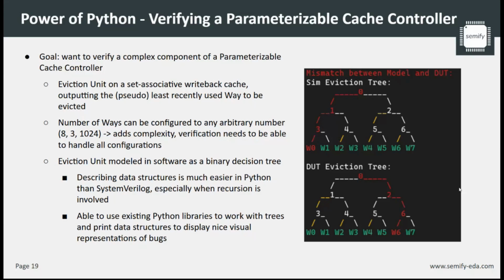And this adds complexity, right? Because our verification needs to be able to handle this in some sort of dynamic way, ideally, right? You don't want to write these specific models differently for every single configuration. This would be kind of impossible. So we need some sort of way to generalize this as much as possible. So this is exactly what we do, right? This is where power